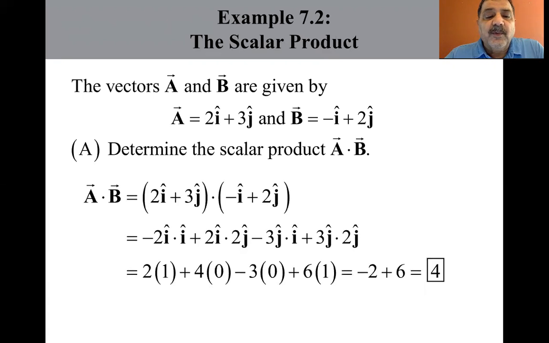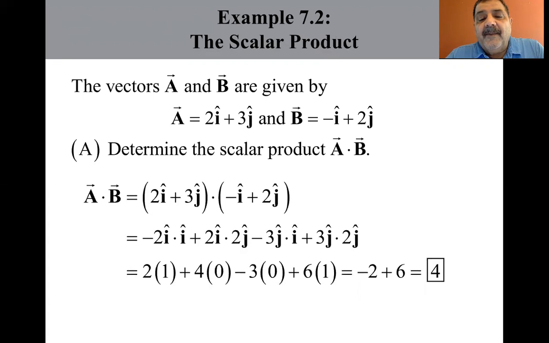And if we use the distributive property, we first take that 2i and distribute it among the -i and the 2j. We get -2i dot i plus 4i dot j. And then we take the plus 3j, the second half of the A vector, and multiply it distributively to the -i plus 2j. We get